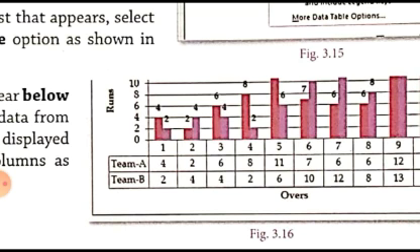And what type of minor grid lines will we be able to draw? Because these are on the horizontal axis, we can draw vertical minor grid lines for these minor values on the horizontal axis. And for the major values of the overs like 1, 2, 3, 4, 5, 6, 7, 8, 9, 10, we can draw the major vertical grid lines on the chart. Okay, so I hope you have understood the concept.